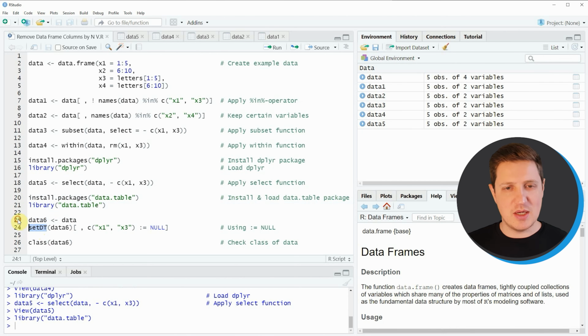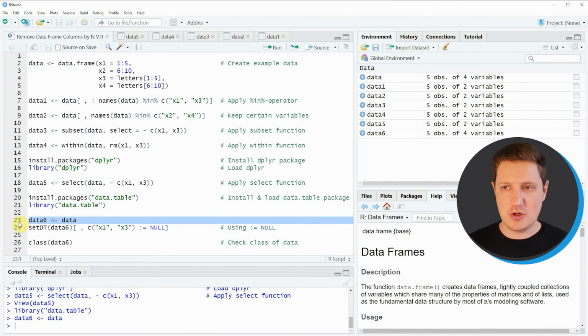However, in this example, I'm first going to duplicate our original data frame because the setDT function will modify our input data frame, and for that reason I want to keep a data version that is containing all the original variables of our original data frame. If you run line 23 of the code, you can see that another data frame appears, which is called data6.